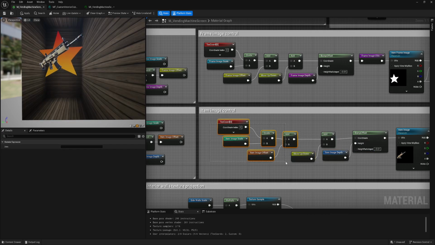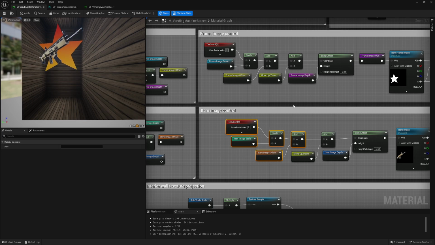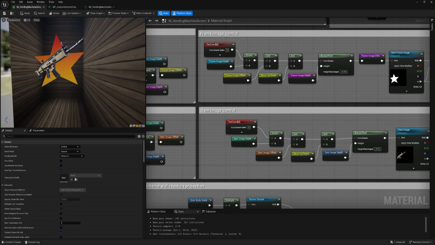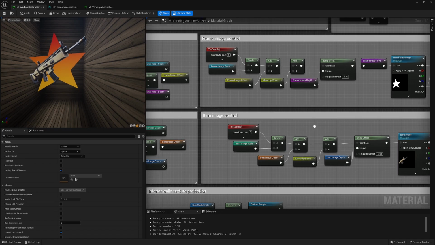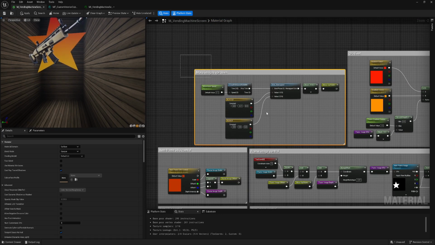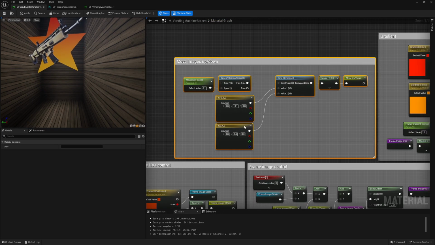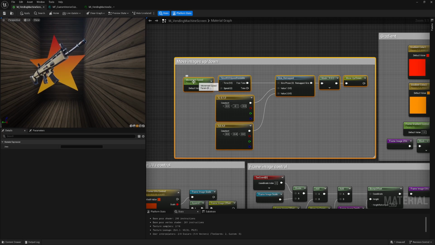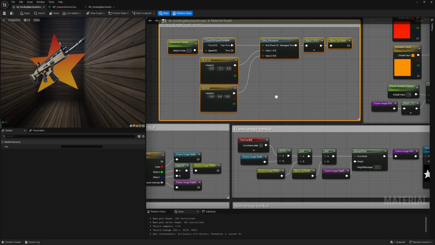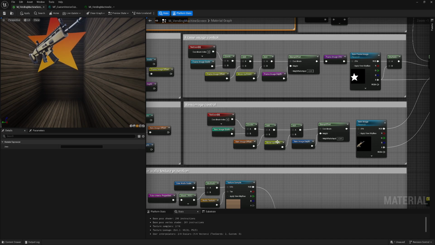If your gun won't move with the same speed, or something looks weird, not like in my case, then what you can do is create the same thing separately, duplicate it with a separate speed control, and connect it separately to the item.